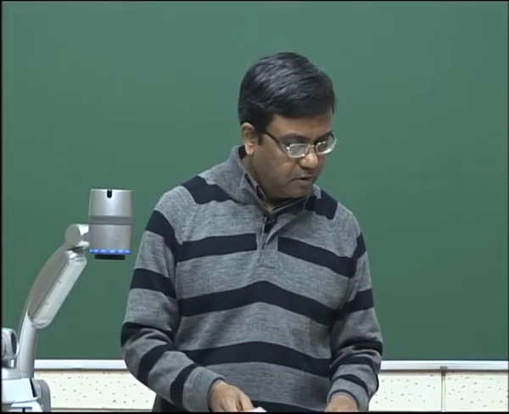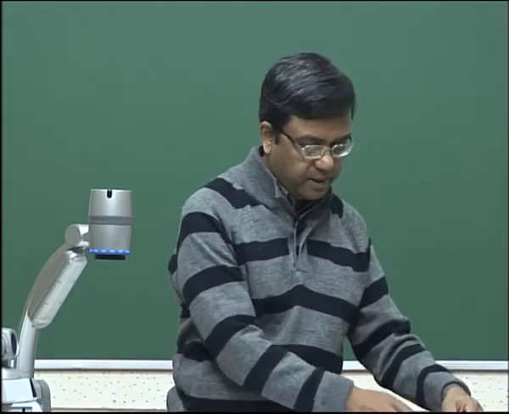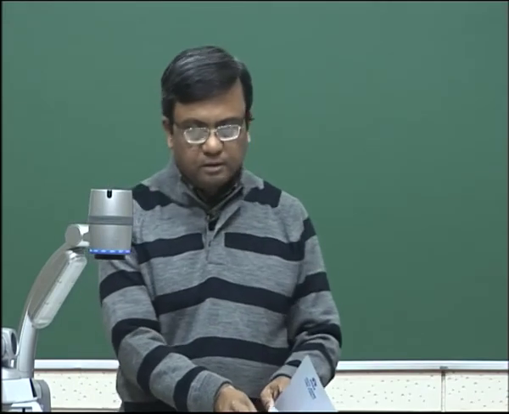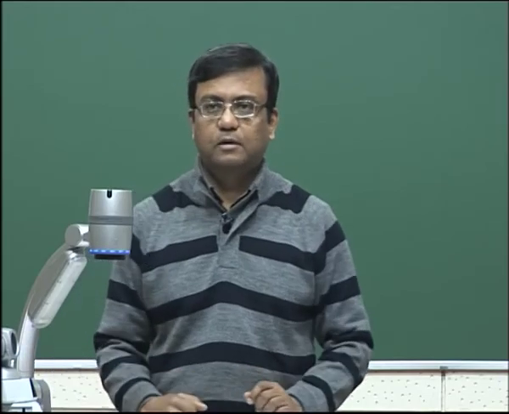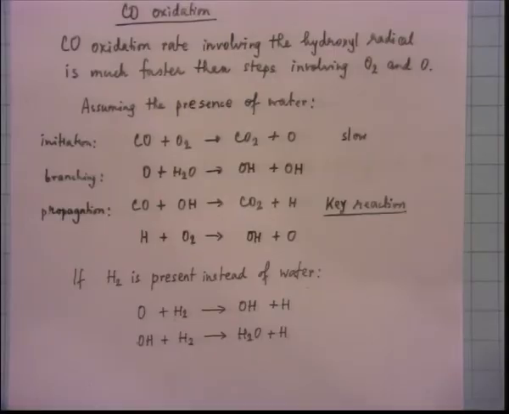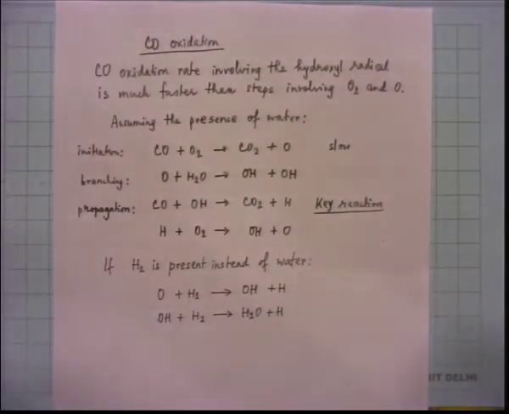Now, what we will do is we will also take a look at few other chemical mechanisms. We will do a very simple one, simple but quite important. So, we have CO oxidation. CO oxidation will take place if there is a hydrocarbon combustion taking place. When a hydrocarbon burns, in an intermediate phase there is carbon monoxide produced, and that carbon monoxide can get oxidized to CO2.